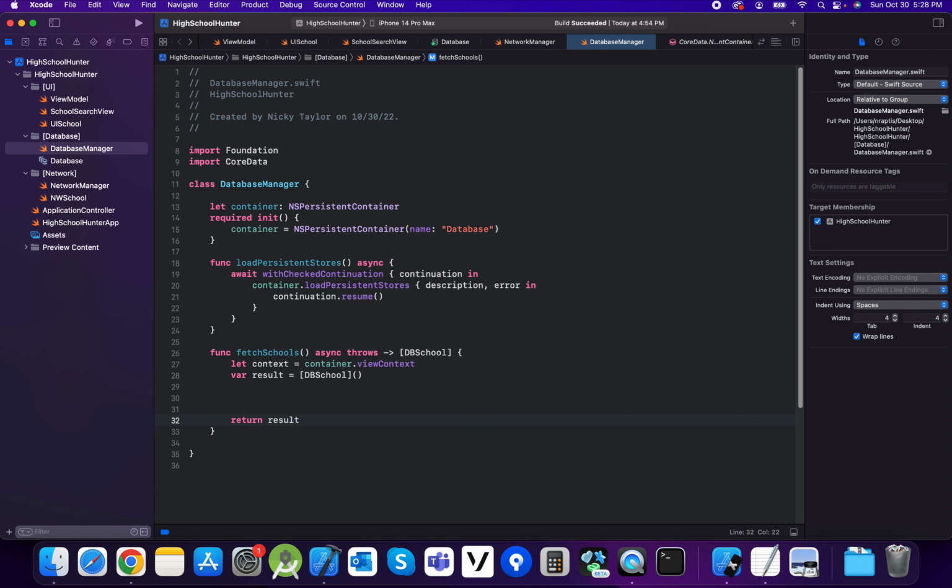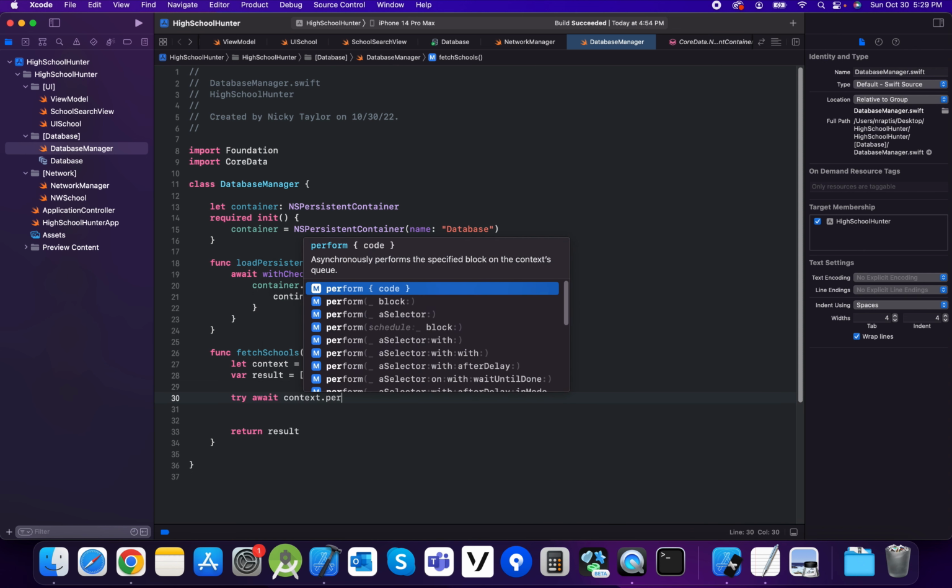Now, I am going to do all of my database operations on a perform block. This method encapsulates an auto-release pool and a call to process pending changes, and essentially it's just going to execute that work on the CoreData queue. I found that if I don't do this, it occasionally crashes. So I'm going to say try await context.perform,